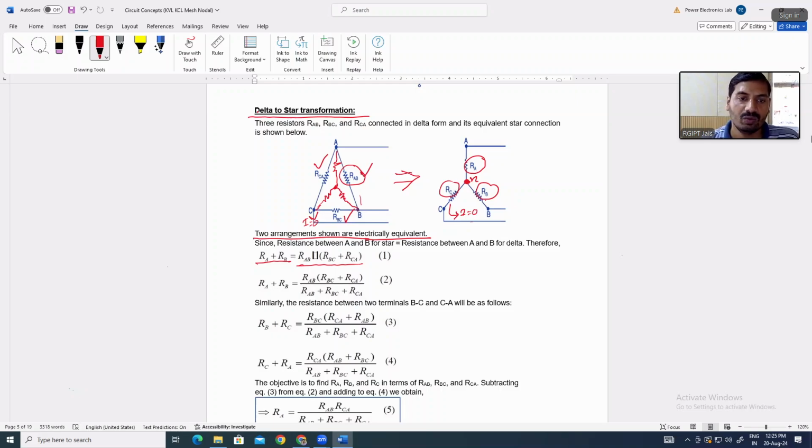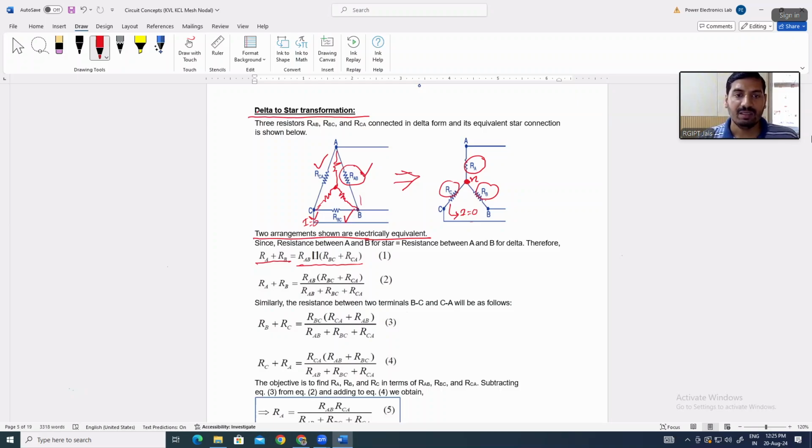इक्वेशन नंबर 2। सिमिलरली द रेजिस्टेंस बिटवीन टू टर्मिनल्स बी सी एंड सी ए, जैसे ए और बी के लिए किया उसी तरीके से बी और सी के लिए करेंगे। सो इक्विवेलेंट रेजिस्टेंस बिटवीन टर्मिनल बी एंड सी विल बी RBC पैरेलल टू RCA प्लस RAB, and the equivalent resistance between terminal B and C in star network will be RB plus RC। ये दोनों रेजिस्टेंस सीरीज में कनेक्टेड होंगे।